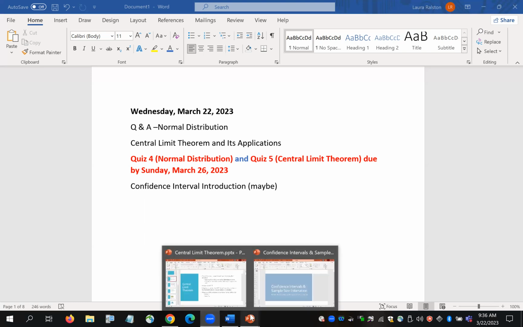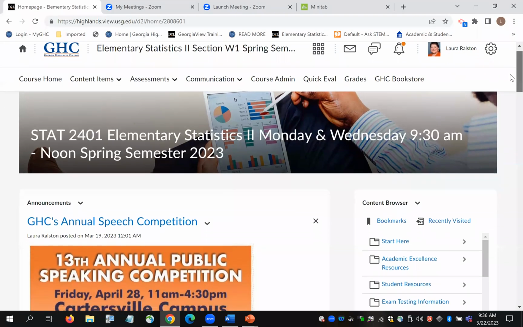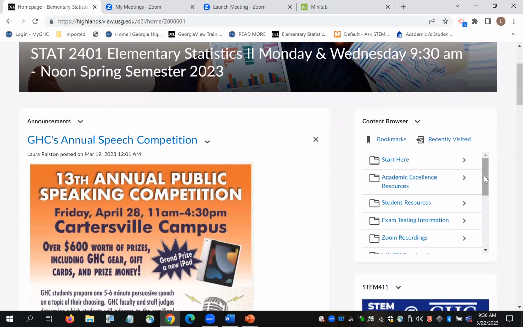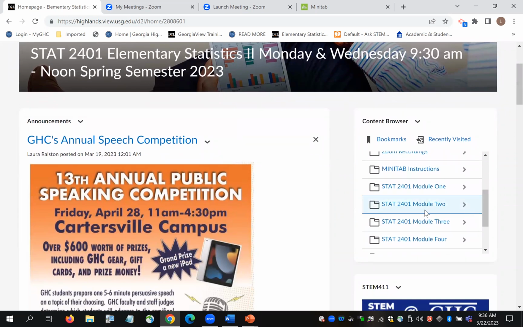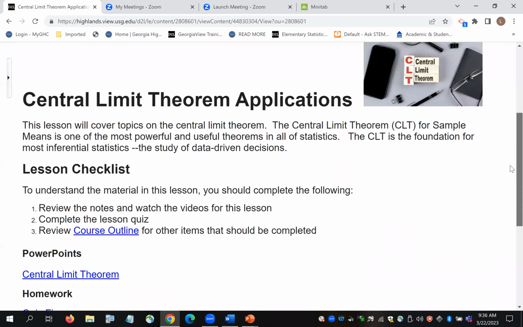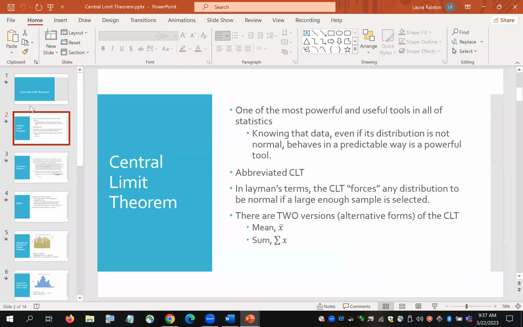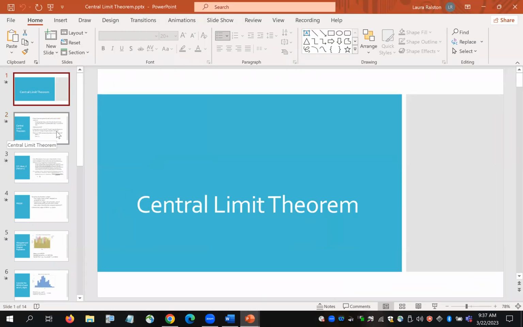Okay, I am using the PowerPoint for the central limit theorem. Okay, again, if you go to the course homepage in D2L, we are under Module 2. And today our topic is the central limit theorem applications. And I'm going to use the PowerPoint that is available in that lesson. So the central limit theorem